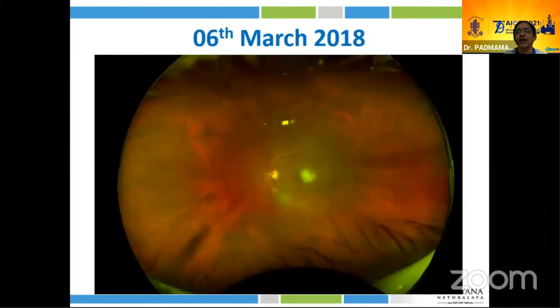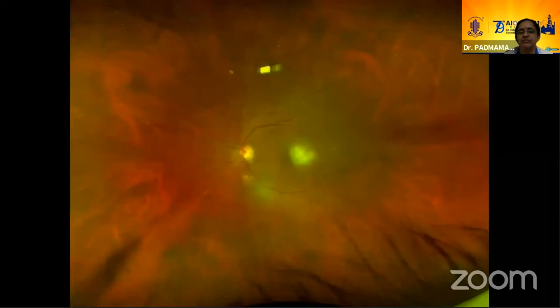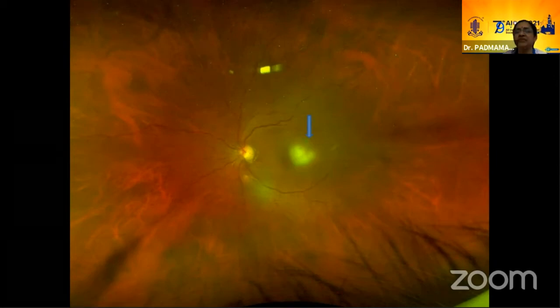This is a fundus photograph showing vitritis with a yellowish-white ill-defined retinal lesion suggestive of retinitis. When you watch carefully, in addition to the retinitis, we could see a pigmented lesion adjacent to it. That gives us a clue. Here you have reactivated lesions adjacent to the area of a pigmented scar. That gives us a clue.